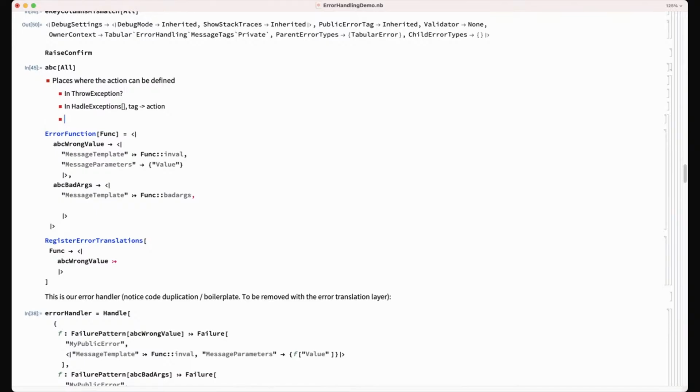First, when this tag is handled by handle exceptions. And there are actually three cases of that. It's generically whenever it hits handle exceptions, when it hits the top level, and when it hits handle exceptions in a particular function.